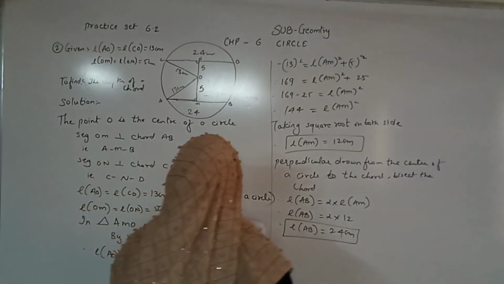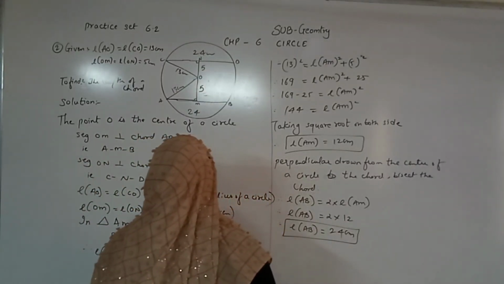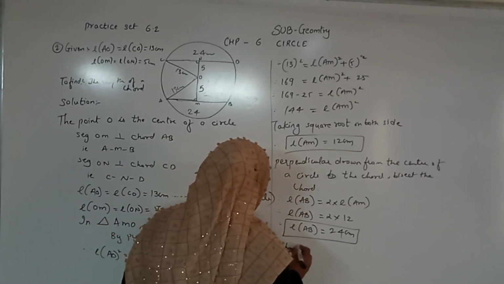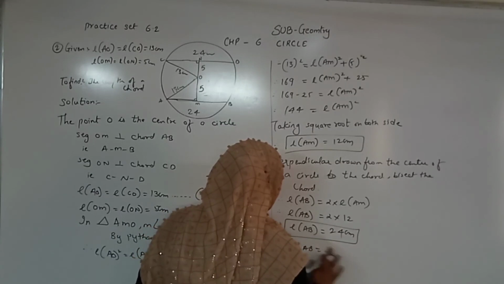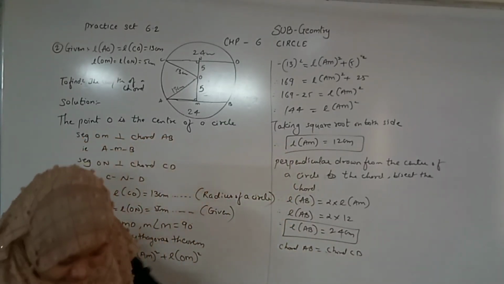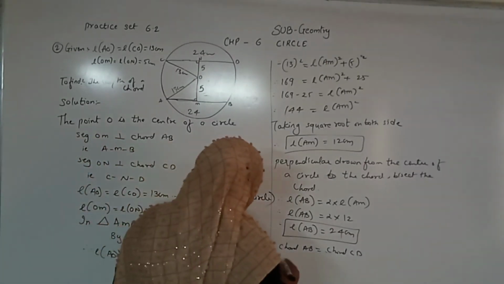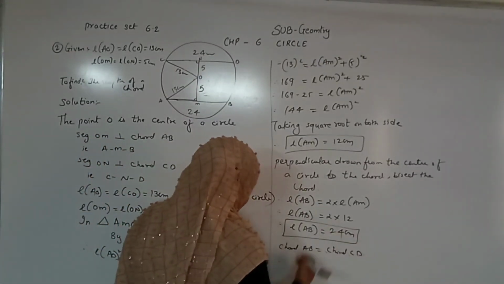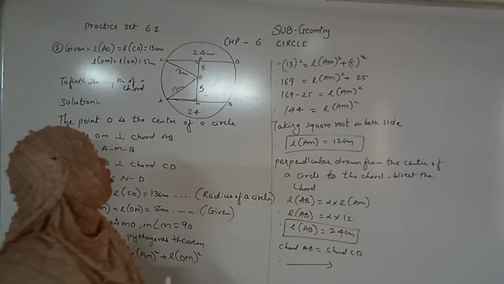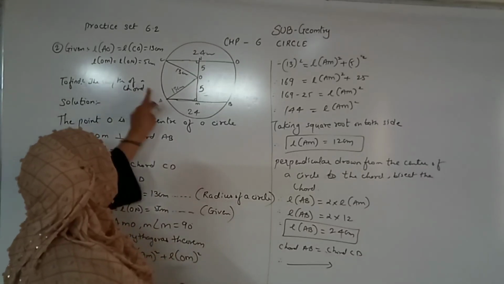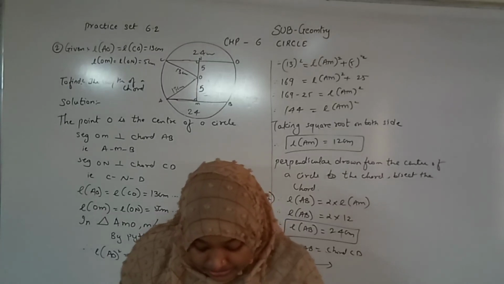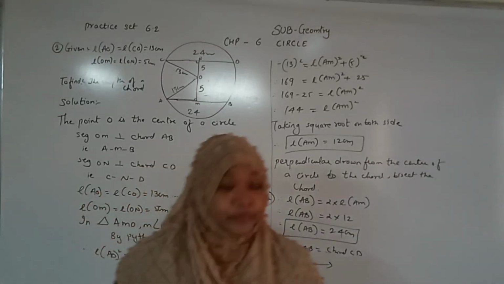What do we write now? We will write the theorems. आप लिखोगे ये दोनों chord जो है chord AB equal है chord CD से. You will write this, and so therefore write the statement: the length of the chord of a circle is 24 centimeter. ये आप लिखोगे. So that is our 6.2.